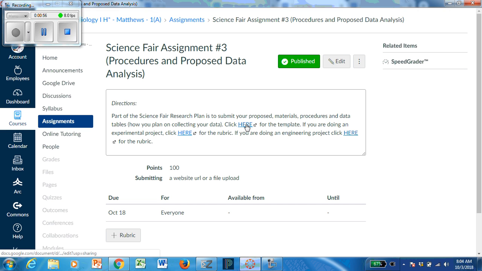But the assignment itself, it's really about your materials, your procedures, and how you want to collect the data, the proposed data tables and graphs that you plan on submitting. Before you even start your experiment, you always should have your graphs and idea of what it is that you want to show to the reader as evidence, again, prior to you actually doing the experiment. So if we click here on the template,